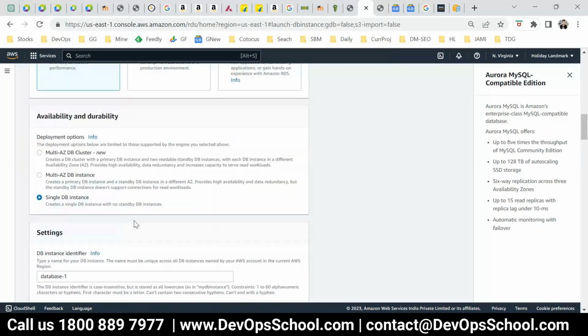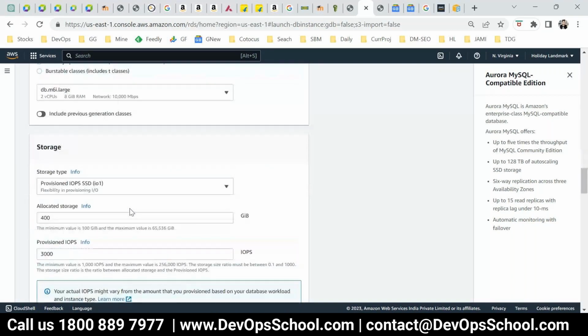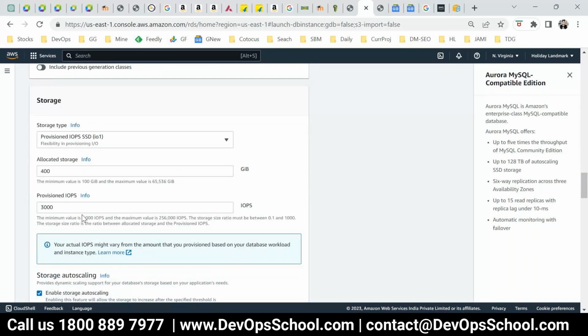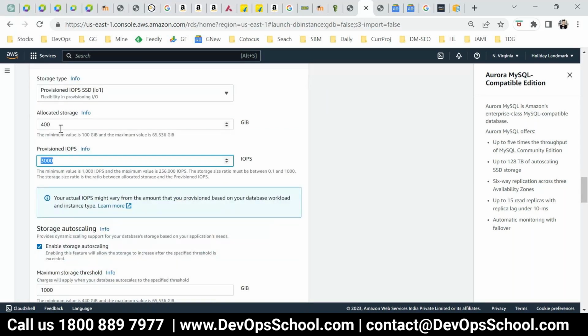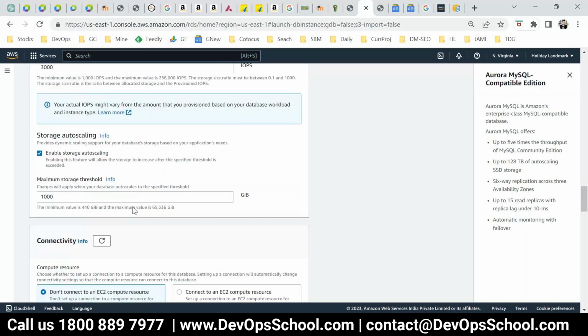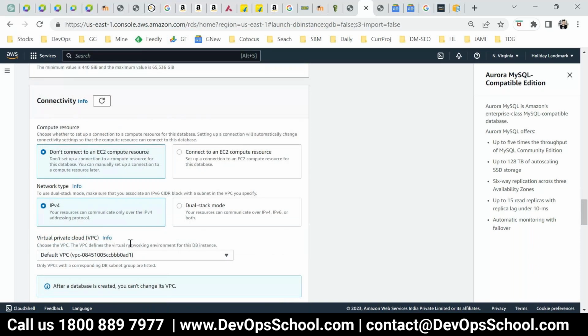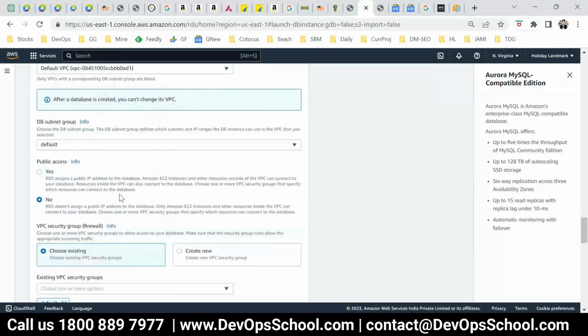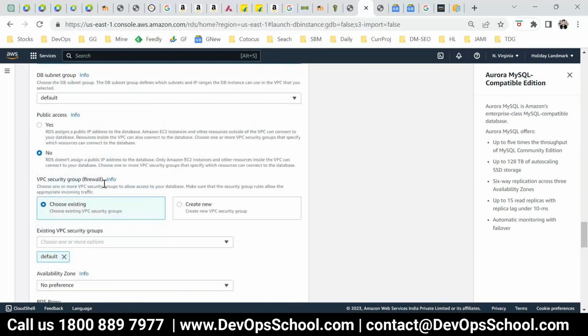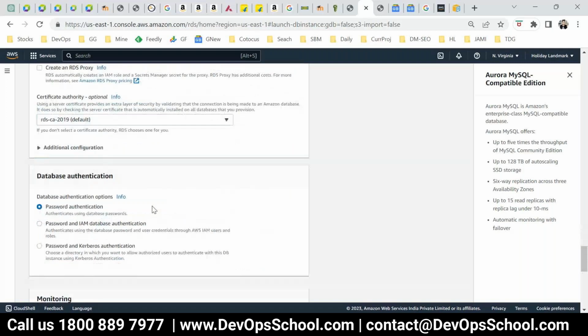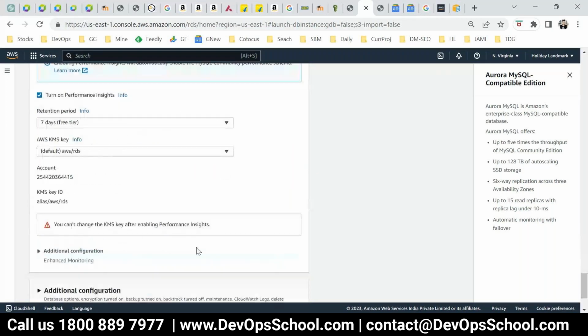Okay, so learning purpose. And then here, storage technology, how much size and all you want, and input output per second, IOPS we call it. You decide this. 400 GB, that's too much for the demo. And then threshold 1000 GB. And some of the connectivity issues, VPC and all, you configure here. And then security groups, public access or no access, security group firewall, which I taught you already. Here you decide. And then finally authentication and monitoring, if you want to enable it, you can do that